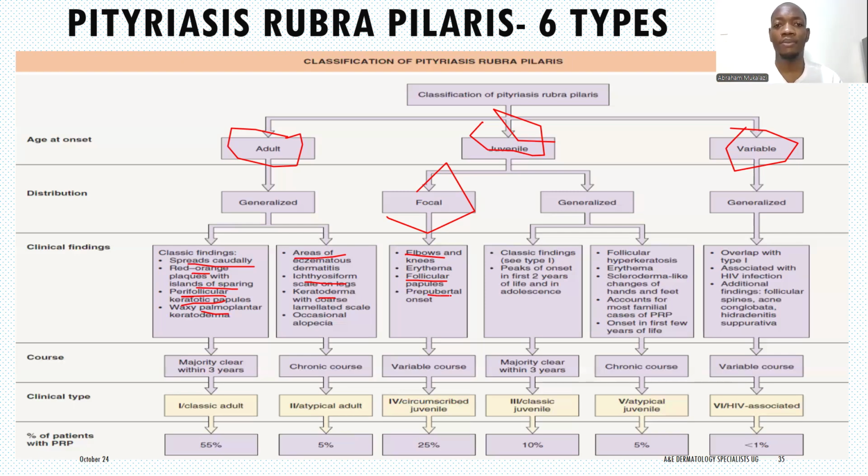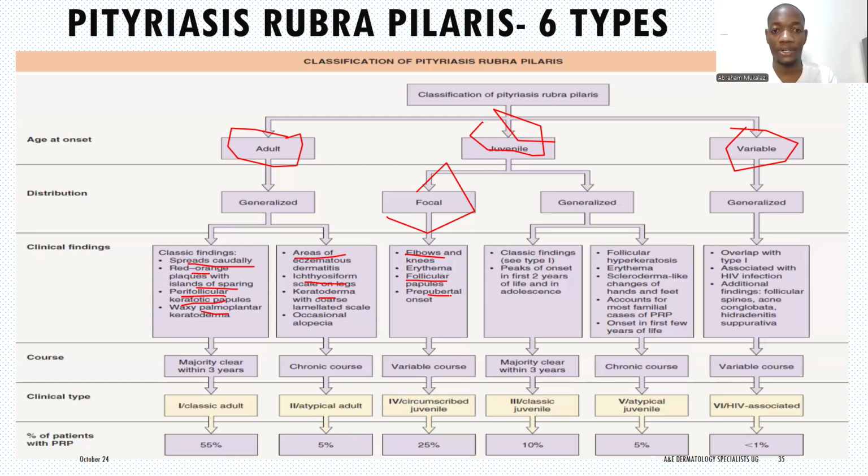Remember the location, elbows and knees, with erythema and follicular papules. This may be confused with dermatitis herpetiformis because it also loves those areas. So you have to be very careful when making this diagnosis, and you take a biopsy to